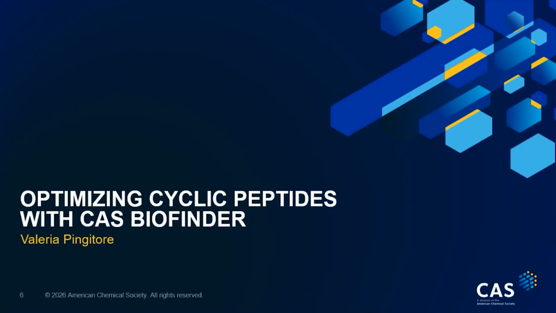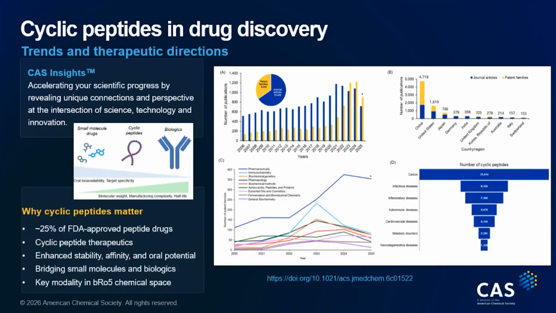Today, we're going to share with you some tips that you can use to speed up your research in medicinal chemistry by using CAS BioFinder. These tools are going to be based on a really hot topic in drug discovery, and I'm talking about cyclic peptides. In the slide here, we see some figures coming from a CAS study